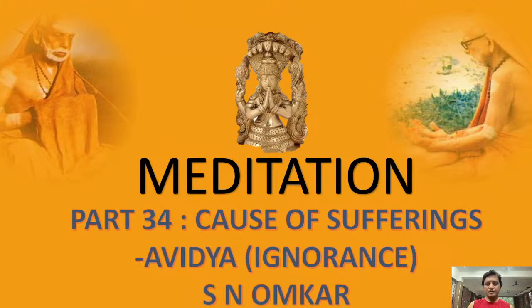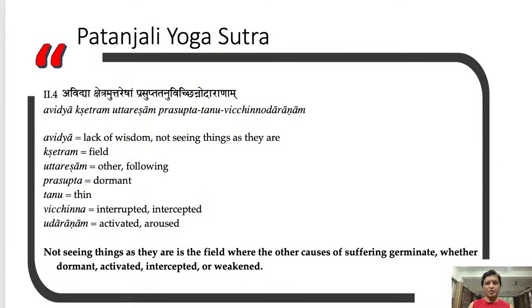So Patanjali says, first we should identify how much of these are active in us. So that's why he very clearly says, Avidya kshetram uttaresham prashupta tanu vicchinna udaranam. Honestly examine how much of this pride, misidentification with body and mind, that is asmita,